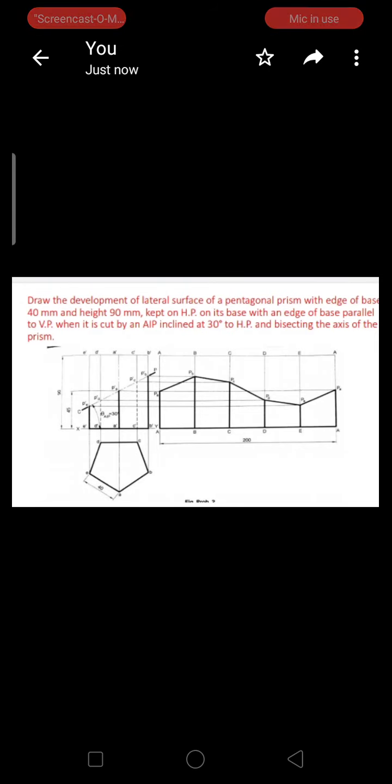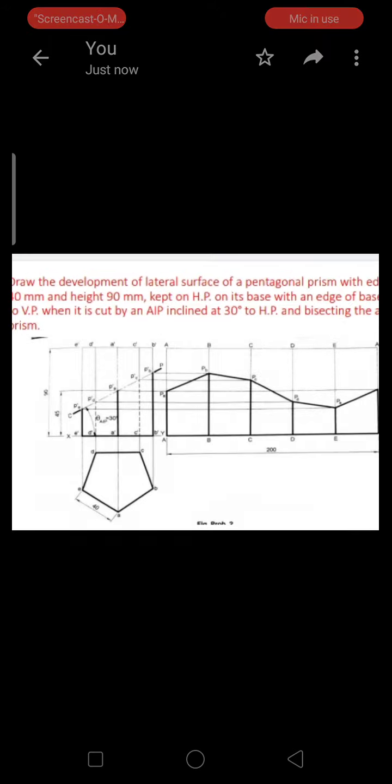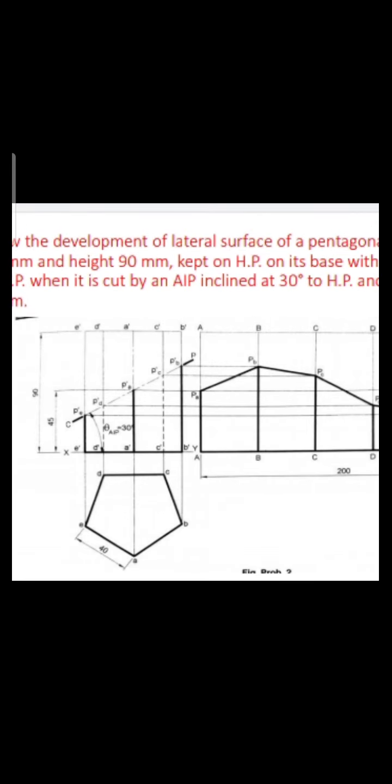Hello everyone. Today we see the DLS for the solids. Already you have seen the DLS. In the DLS, so what is the top here? This is a DLS for the pentagonal prism that already you have drawn in the initial lectures. So what you have done, the top view will be a pentagon of given size. See here, this pentagon can be in any position.